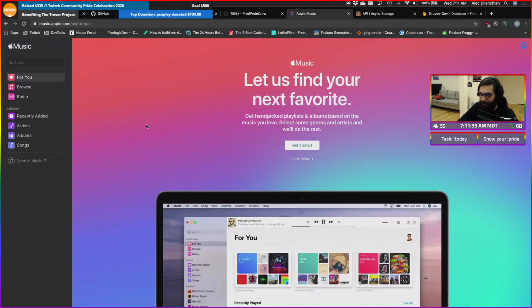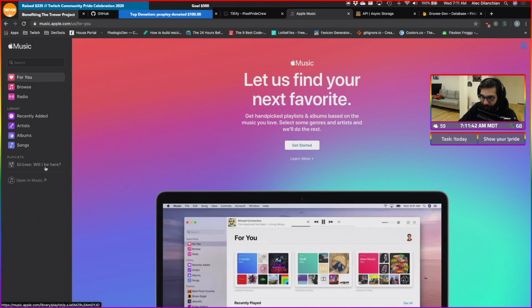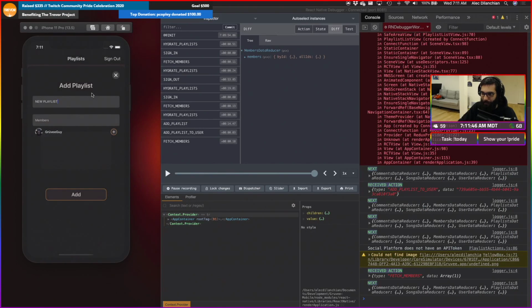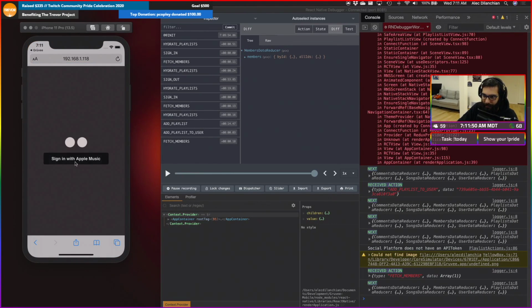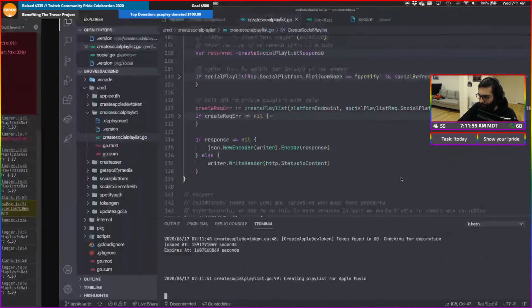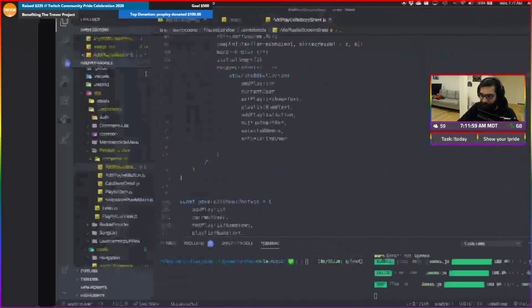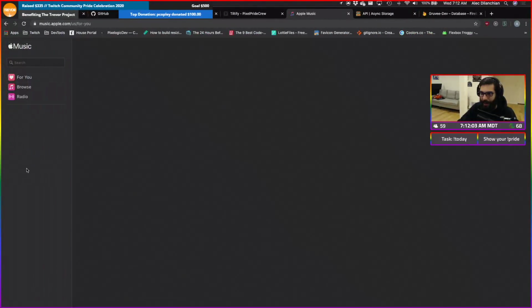The one thing I do want to check to see is if that playlist was actually added. I think it might have been. No, it wasn't. Awesome. Okay, cool. So we go to Let's Go. We're going to authenticate right here. Sign in with Apple. We're already authenticated. Press open. And now it should have called our function, creating Apple playlist. Yep. And we should now see a new playlist in Apple Music.